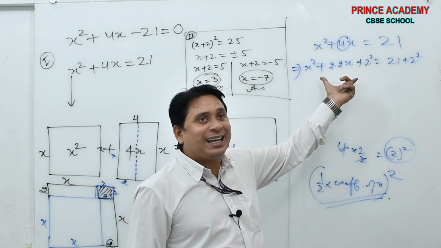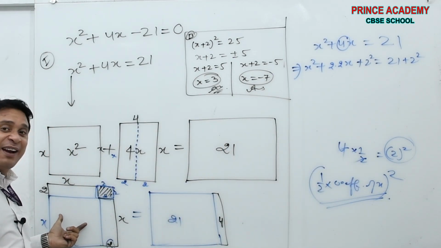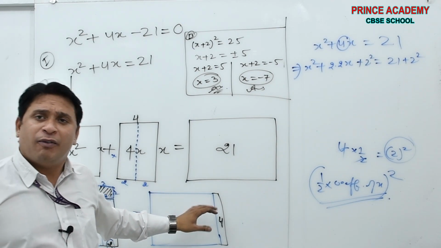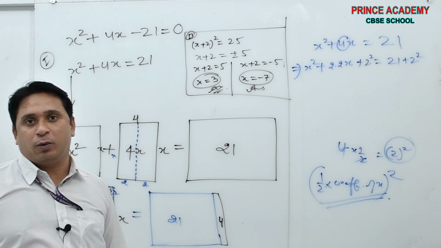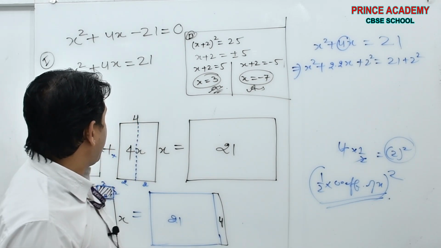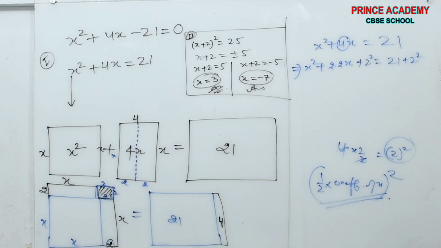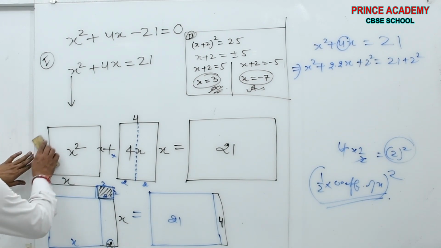That's why we get a whole square on the left hand side, and here whatever is the value, don't worry about that. It will definitely be sorted out. Okay, done. Take the screenshot. Once more I am going to solve the same question.